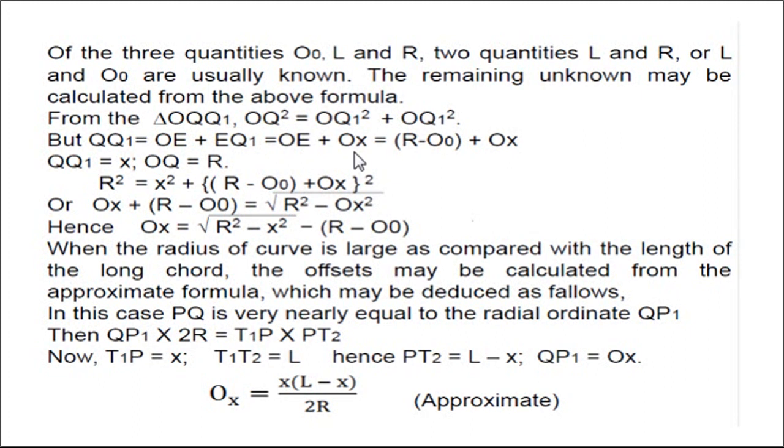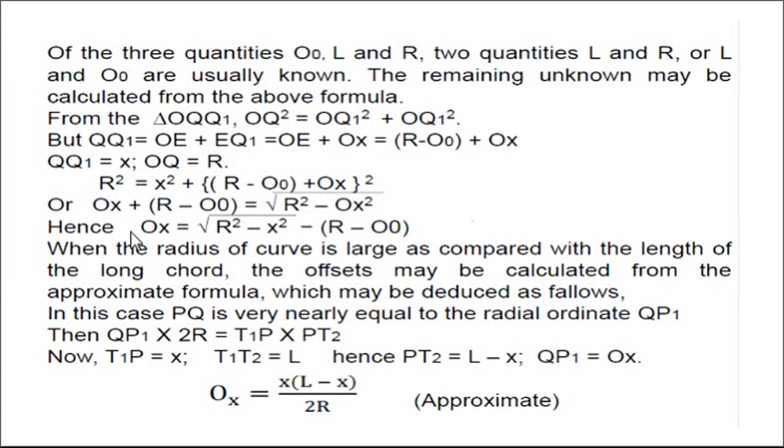OE is nothing but R minus O0, so R minus O0 plus OX. Next, QQ1 is equal to X and OQ is equal to R. So substituting the values in the above equation, we will get R square is equal to X square plus (R minus O0 plus OX) whole square,